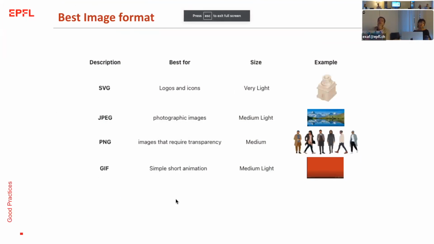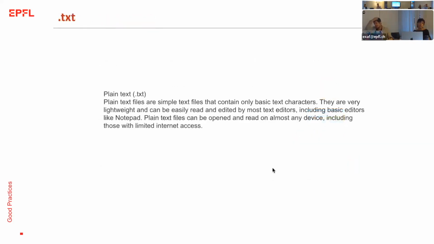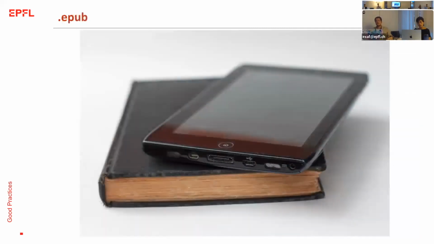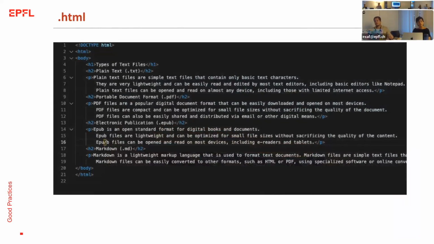And here we have a small comparison of all the formats I just named and what each is best for, with some examples. For text, we have plain text, which is quite often used. But the problem with plain text is that you cannot have images. You have PDF, which is common, and I would say that a PDF is generally a good format to store information. EPUBs are generally used for books, and we have HTML, which is the background of the internet, but which is also a pretty efficient